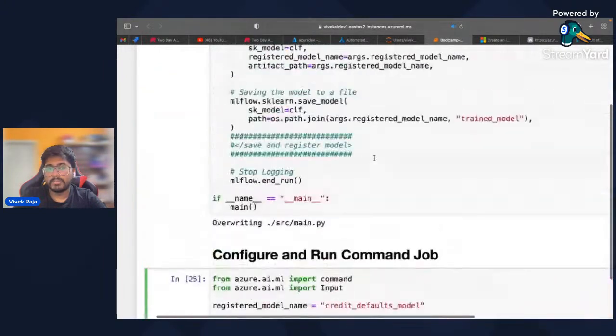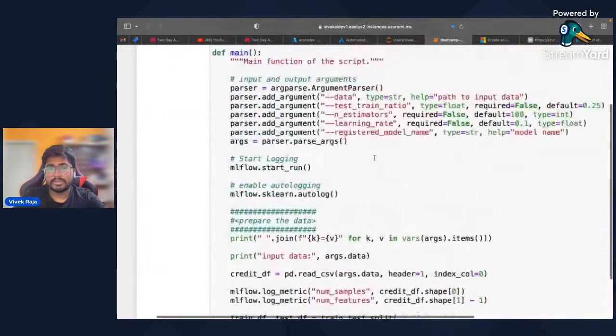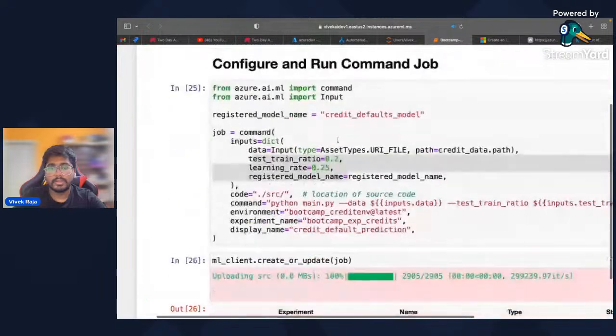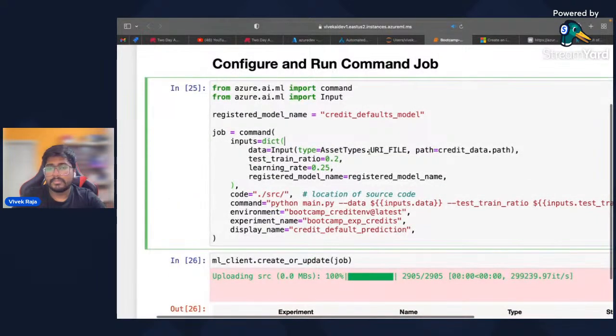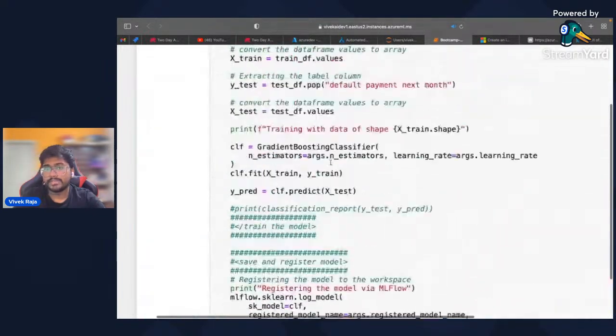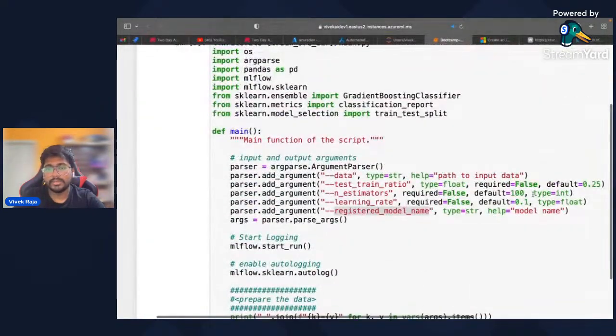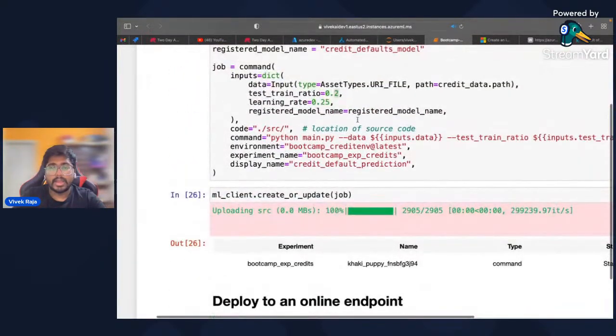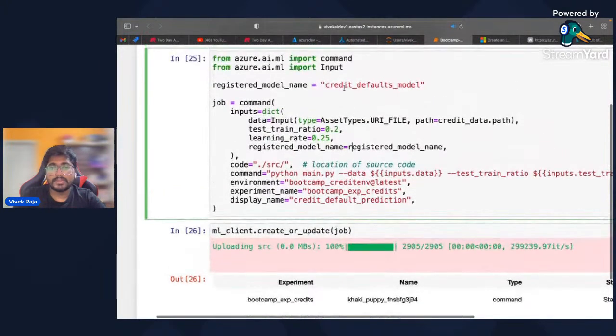If you remember correctly, the arguments we are going to pass are data, test train, n estimators, learning rate, and registered model name. I haven't passed the n estimators, but it already has a default value of 100, so even if I don't pass it, it will still run. The registered model name is the model name, which I'm going to give as credit default model.